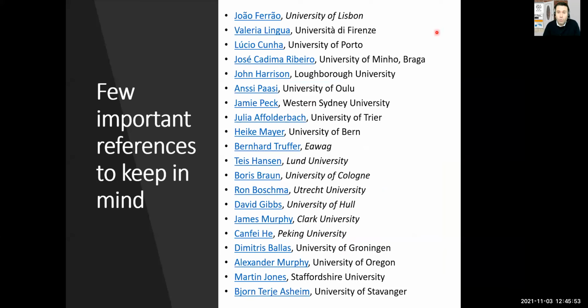These are some of the prime references used within regional studies. There are a number of them, international scholars. Some of them are based in Portugal or in Italy or in Spain. And so the call I make here is that when you are doing research in a specific field, regional geography, economic geography, sustainability, I always invite the students to make a balance between more well-known scholars and those working on